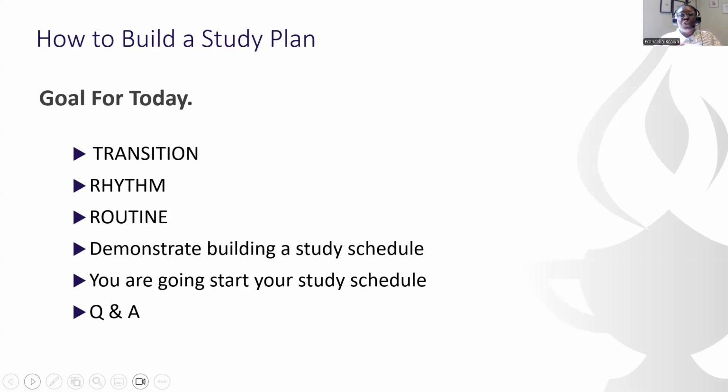And then you're going to start to work on your own study plan. You're going to implement the building blocks, the main core of it, and follow what I've demonstrated prior to that. Ask any questions that you have along the way. You're not going to finish it completely, but I'm just going to give you the information that you need in order to be able to carry on with that after our workshop.